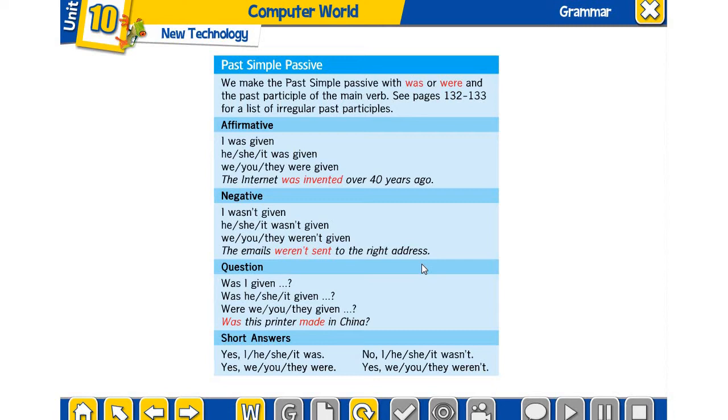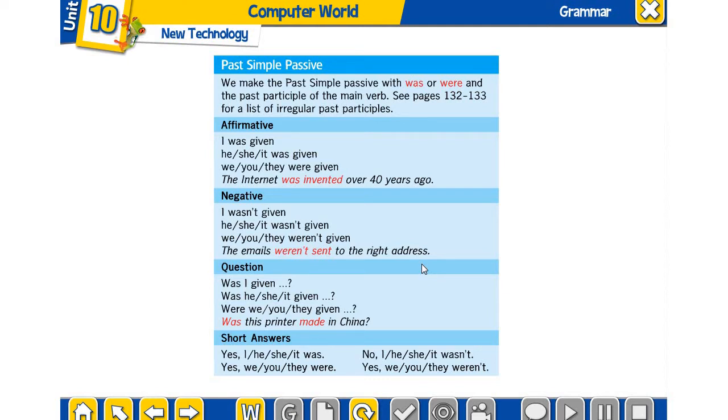Your workbooks and your notebooks and your pencils, of course. We're going to do the passive voice again today, but as you remember, last week we learned present passive. Let's remember present passive. For making sentences in present passive, we were using am/is/are and verb 3. For example, I am given a gift